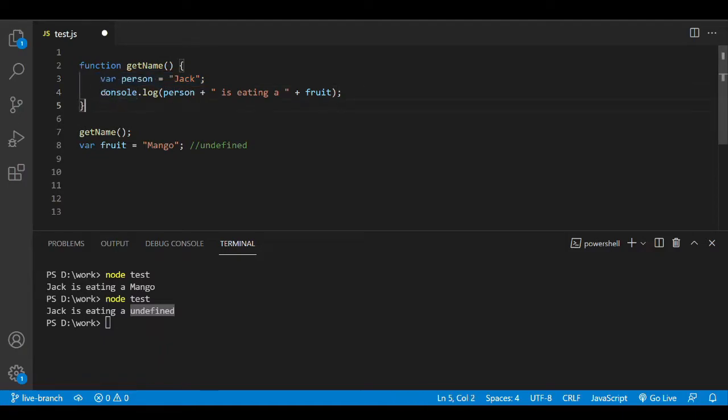When it tries to execute this console log, it will look for this person variable which it finds in the local scope itself. It will then try to look for this fruit in the local scope first. Since it can't find a fruit variable in this scope, it will try to look in the global scope. Now this fruit variable has been declared initially. It has not yet been initialized with its original value, but it has been declared by the JavaScript context. It's still set to undefined because we have still not passed beyond this line. So now when this console log gets executed, this fruit variable will be undefined instead of mango.